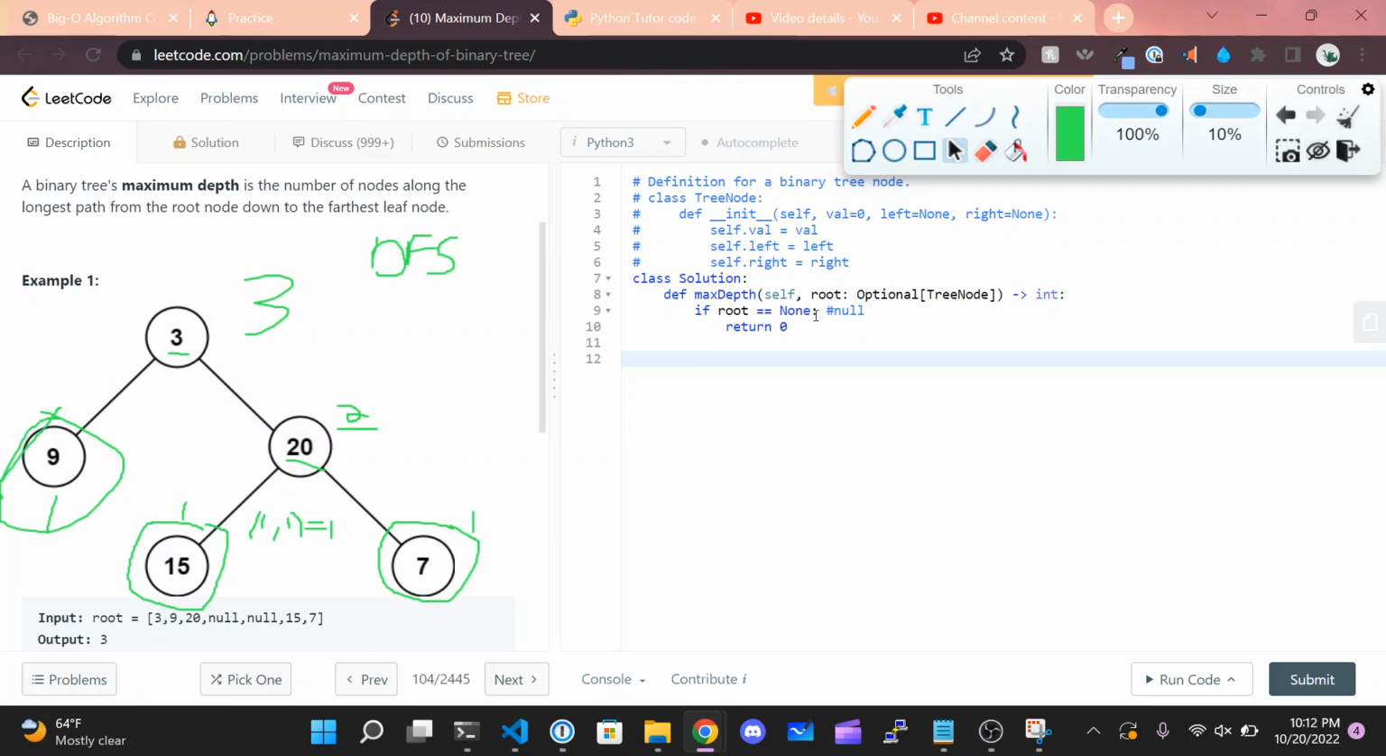Otherwise, we're going to return, we're going to count our root node because we want to have that in our value, right? Because if we just did the maximum of the right subtree and took 2, it would be off by 1. So we want to do 1, which accounts for the root node, plus